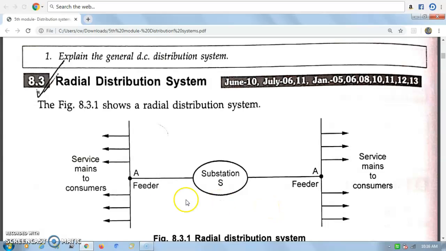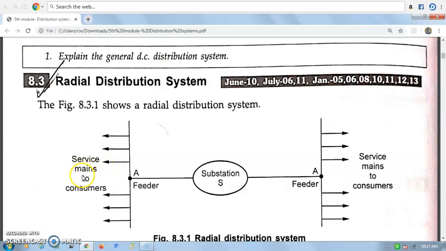There is a combination of one distributor and one feeder connecting the distributor to the substation, as shown in the figure. Distributor 1 is connected only at one end to the substation through the feeder at point A. Similarly, the other feeder is connected to distributor 2 only at point B. Due to such a system, if a fault occurs either on a feeder or on the distributor, all the consumers connected to the distribution system will get affected.